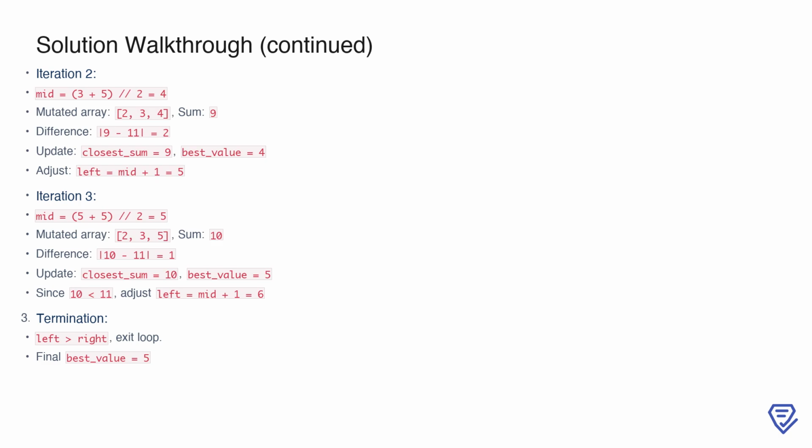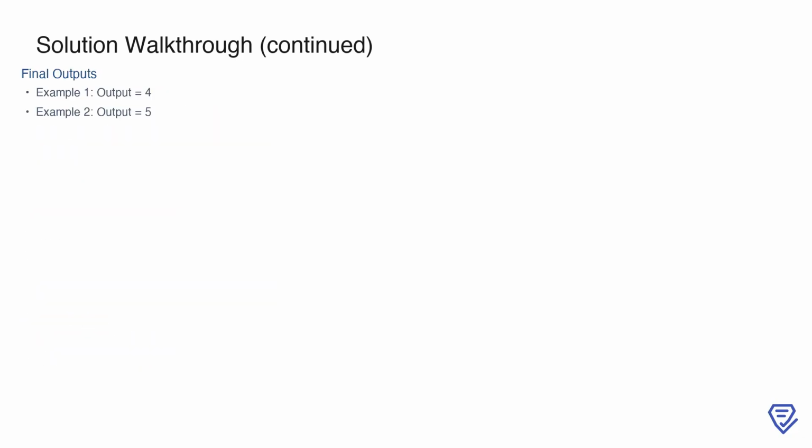Now left exceeds right, so we terminate the binary search and finalize best_value as 5. To summarize, for the first example with the array 4, 9, 3, and a target of 10, the output is 4. For the second example with the array 2, 3, 5, and a target of 11, the output is 5. These results demonstrate how binary search efficiently determines the value that minimizes the difference between the mutated array sum and